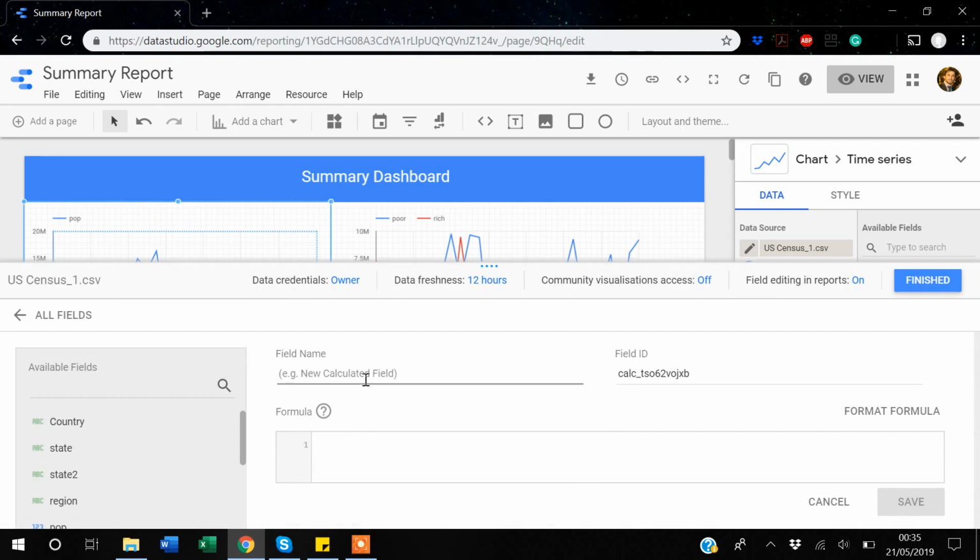So I will select it again. I will name it population category, and here I will use case. I want to create a categorical variable, therefore I will start from case. It's better because the case functionality ends with end, and between that I will be using when condition. So I will be saying when population is greater than or equal to 5 million, then assign high population